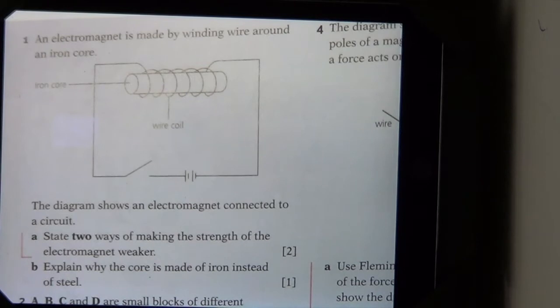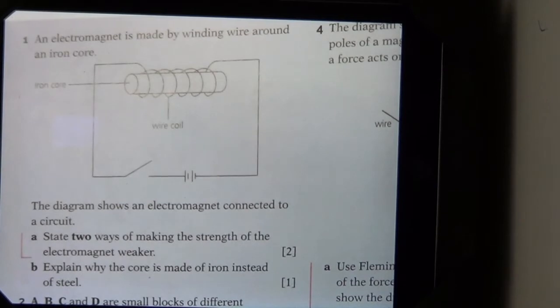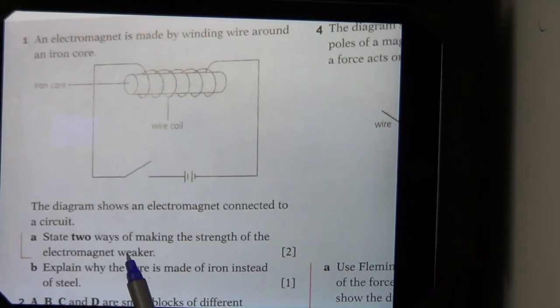Okay, so now we're doing some magnetism questions. First one. An electromagnet is made by winding wire around an iron core. The diagram shows an electromagnet connected to a circuit. State two ways of making the strength of the electromagnet